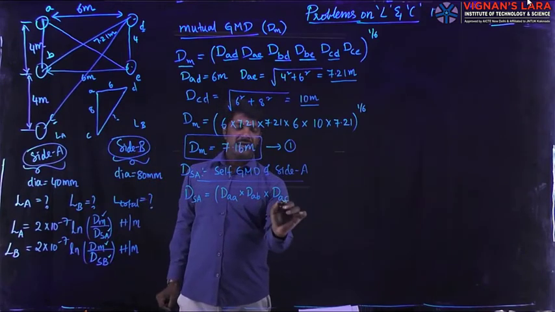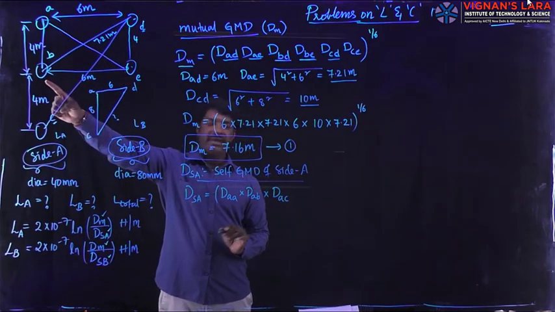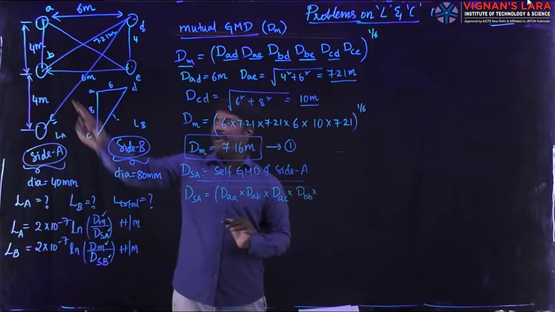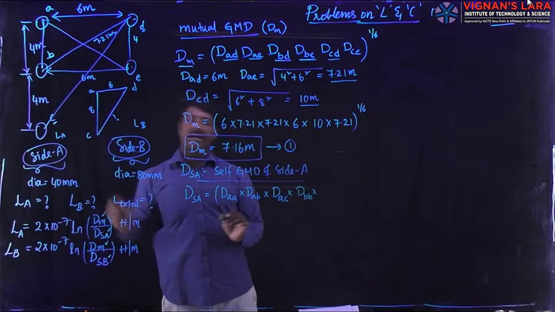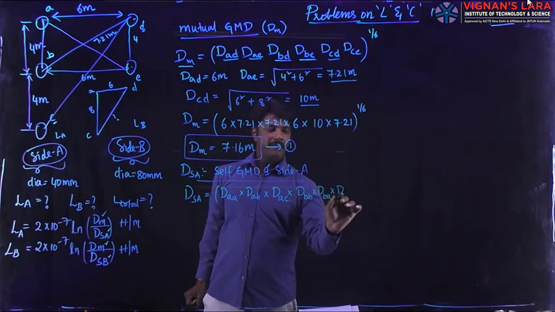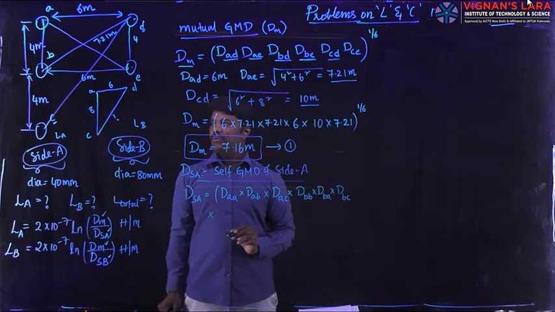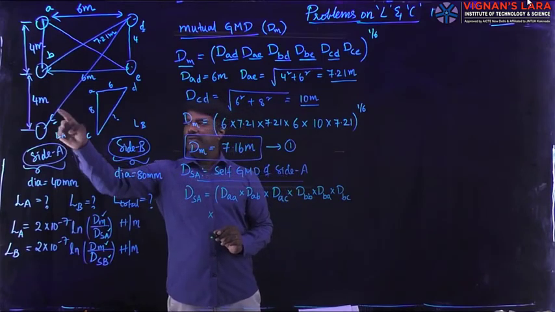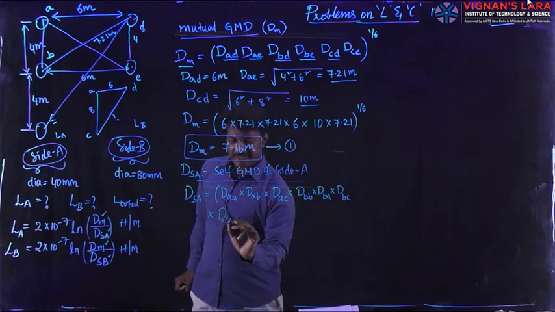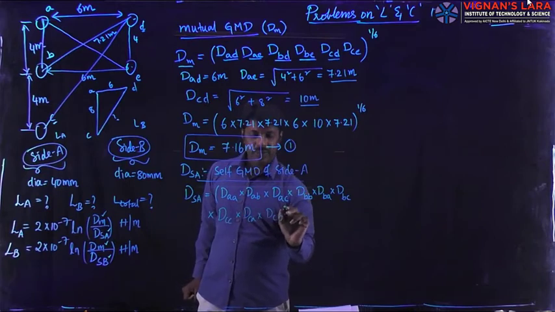Out of 9, 3 of them are written with respect to conductor A. Next I am going to conductor B. Its own value, called DBB, multiplied by, with respect to the remaining conductors of the same side, BA, BC. 6 distances are identified. 3 more distances are left over, which happen with conductor C. They are the self distance DCC, DCA, DCB, whole to the power